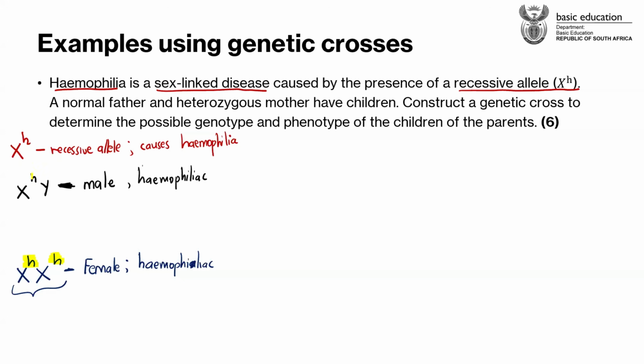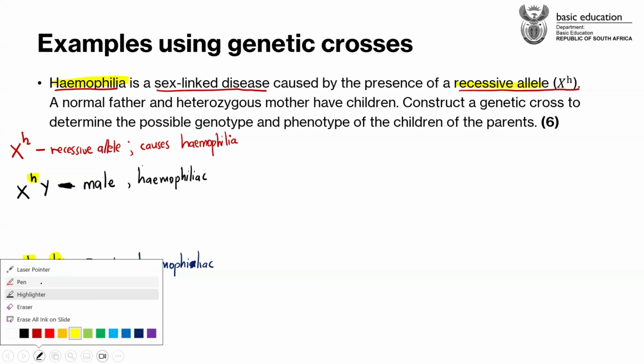And then the X chromosome has got this small letter H. And I told you guys that this X with a small letter H is a recessive allele. According to the statement, it's a recessive allele that causes hemophilia. So basically, whenever we have got a male having this small letter H on the X chromosome, then this male is hemophiliac. So I want to ask you more questions, guys, from here.